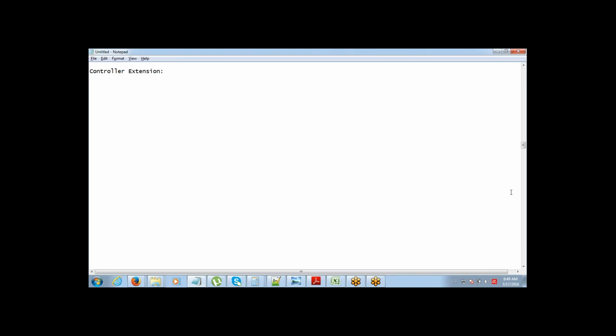We're going to talk about controller extension today. All right. So the controller extension is pretty similar to the custom controller. We have seen custom controller, in which we write a class and then we call the class as a controller for a Visualforce page. Controller extension is also a class,